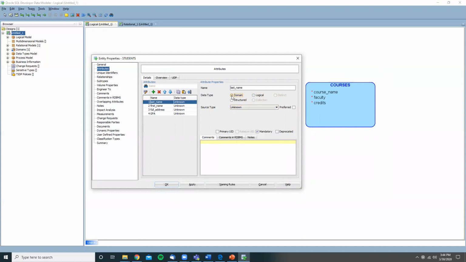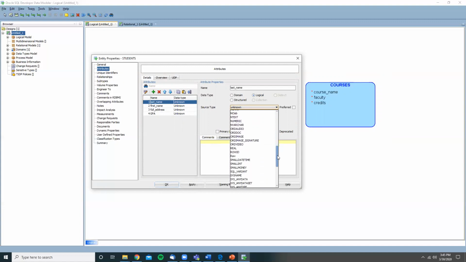Domain does make sense. I'm a little sad it's the default because it's not as common. Logical is basically every bit of data type that came in with the tool, and domain is types that you can create. If I designed this tool, I'd put logical first. Now, when we're looking at this, you're going to see some stuff that's kind of similar. Like you'll see, for example,